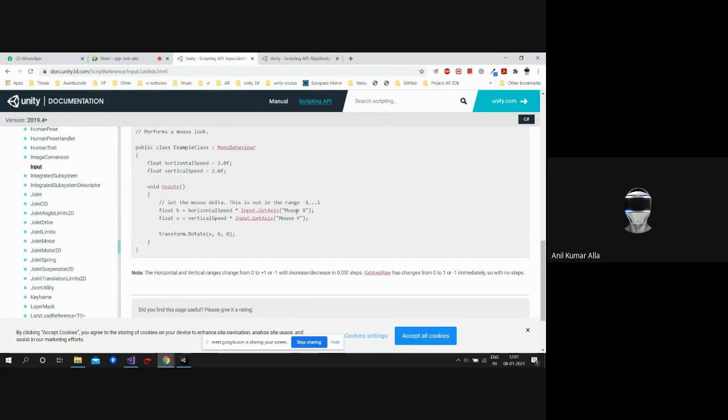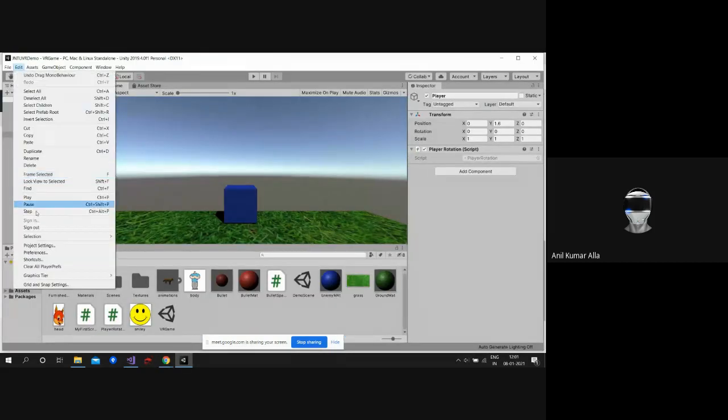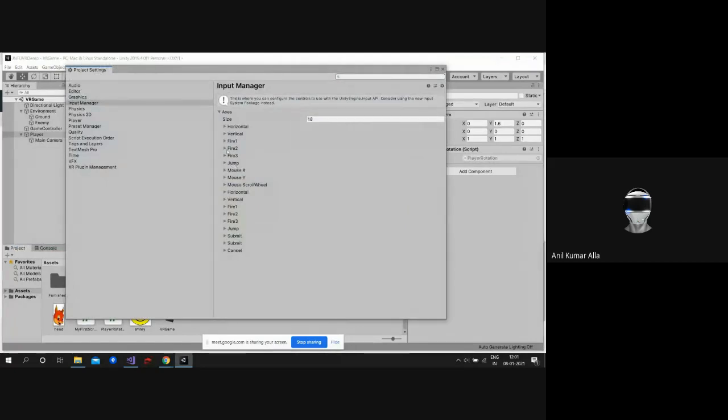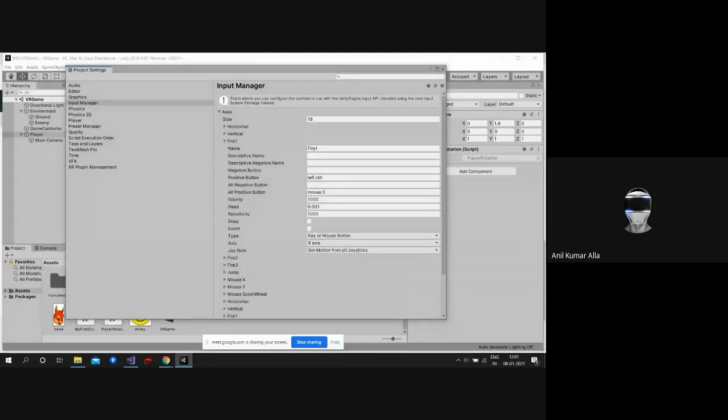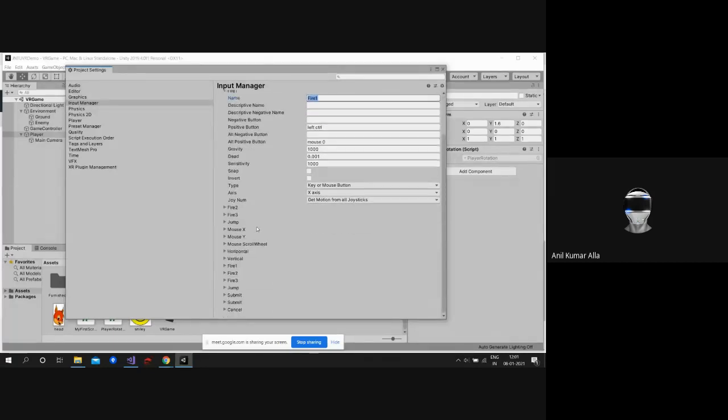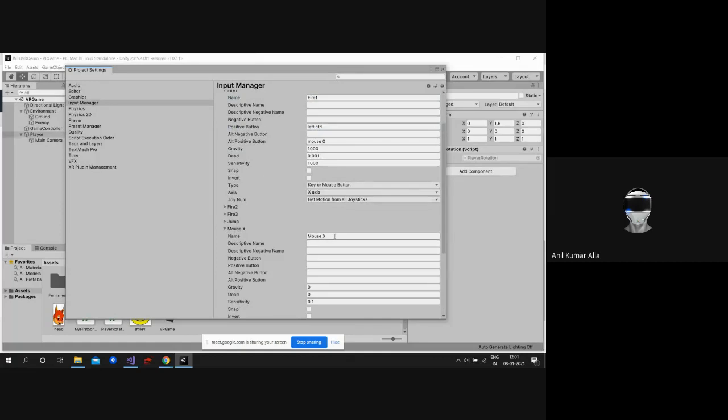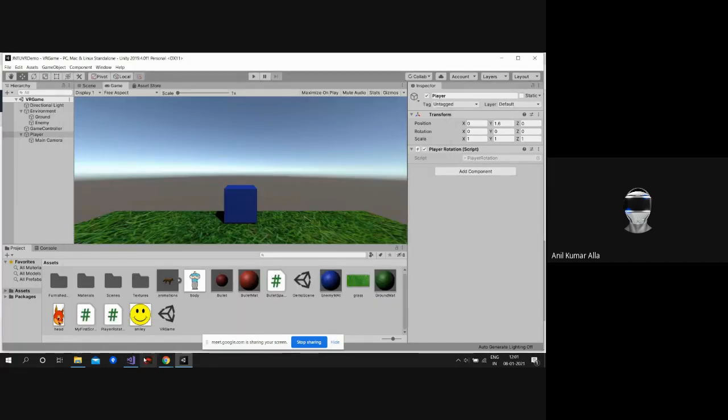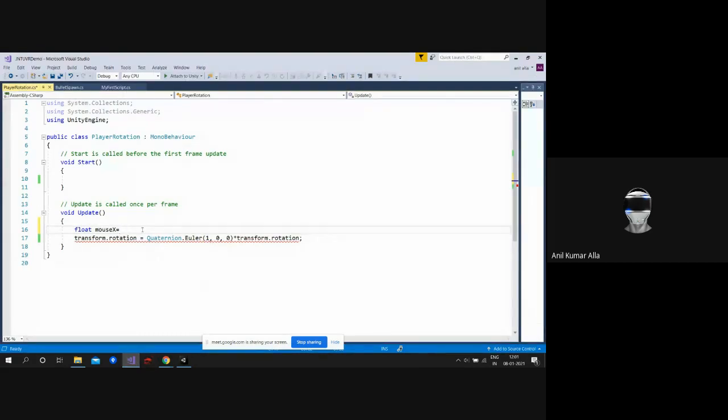So it's case sensitive. So make sure you have the same name as mentioned in the Unity project manager. See here, these are all fire 1, this one. Okay, fire 1, mouse X. This is what we want right now. So just copy this and paste it here. So input